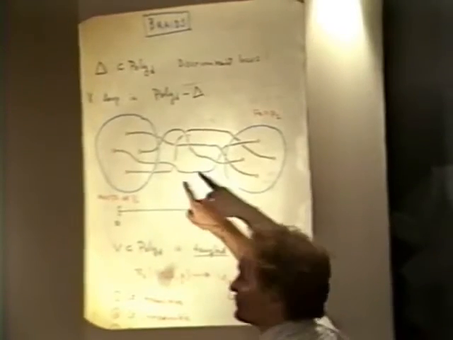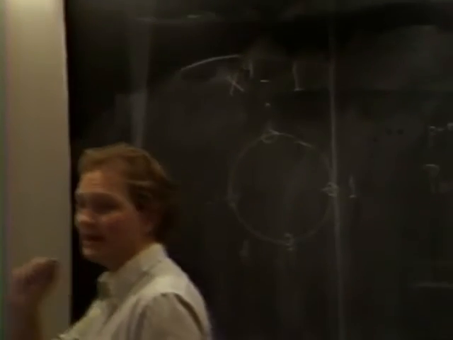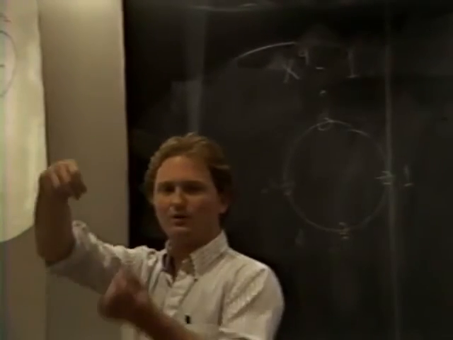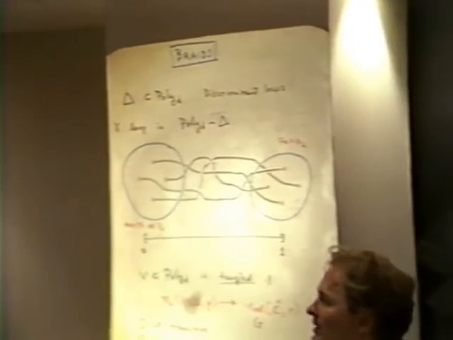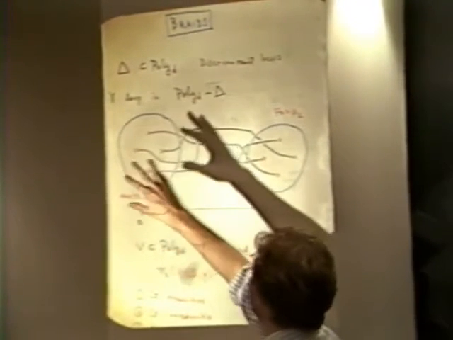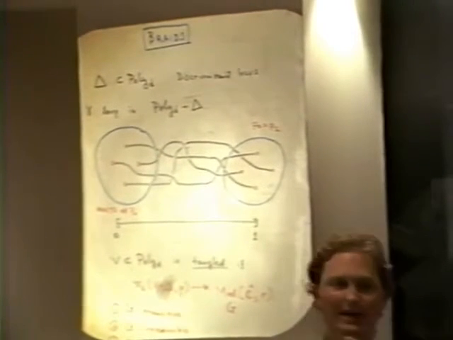Now there was a condition: that the strands never cross. What that means is that the polynomials that appear along this loop are not allowed to have multiple roots. Multiple root corresponds to these strands coming together. So actually this loop appears not in the full space of polynomials, but in the polynomials minus the discriminant locus. The discriminant locus is the set of polynomials that have multiple roots. It's a complex hypersurface in the polynomials of degree d.